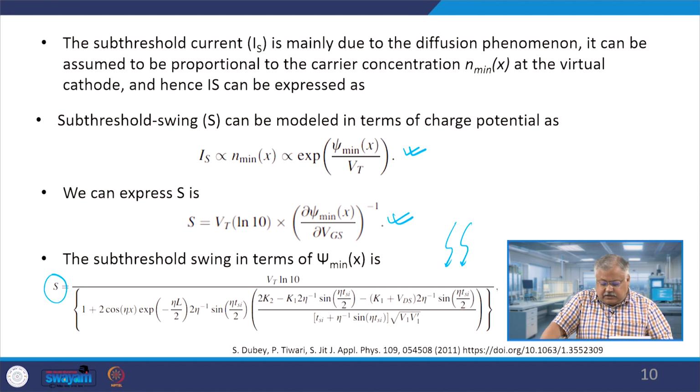Now, Vt is fixed at 300 Kelvin, and with the other variables fixed in value, you can get the value of the subthreshold slope. That is the reason why we define this as the subthreshold swing in the case of a double gate